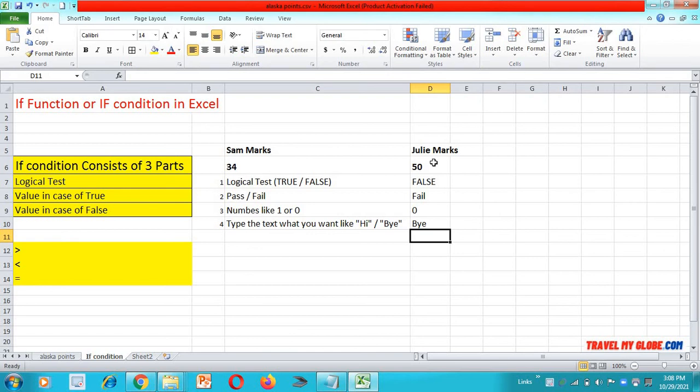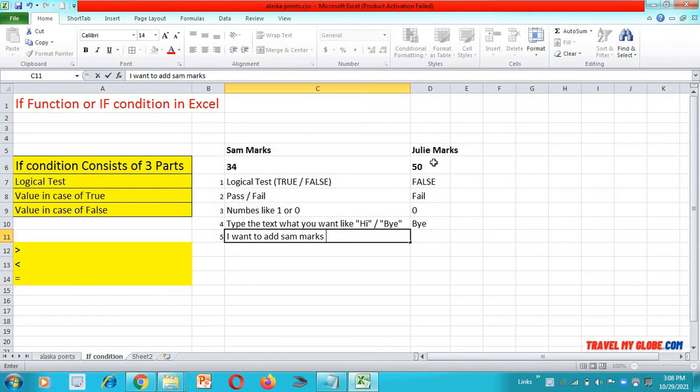You can also give a formula or range or anything you like. For example, I want to add Sam's marks to Julie's marks if Sam got higher marks.